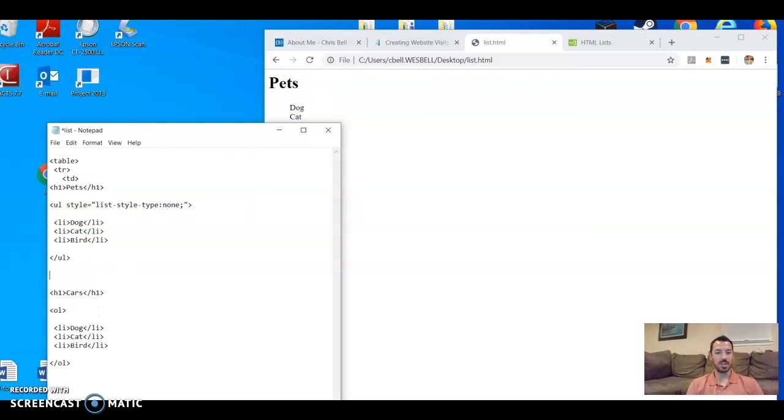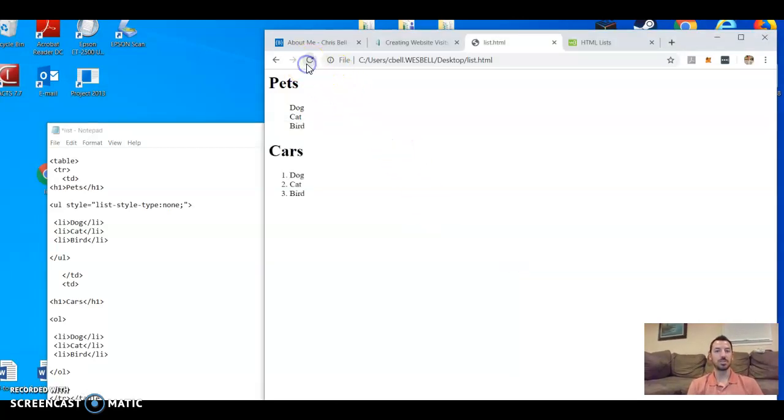So I will end TD here, and then start the second column here. So this will be the second column, and then come down here, end TD, end TR, and table. So now the entire thing is a big table, and those are in